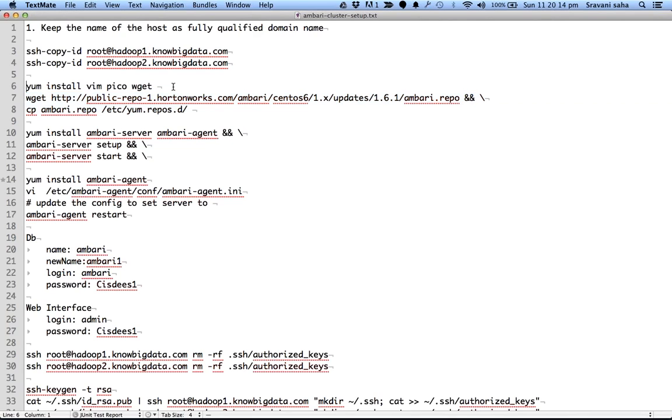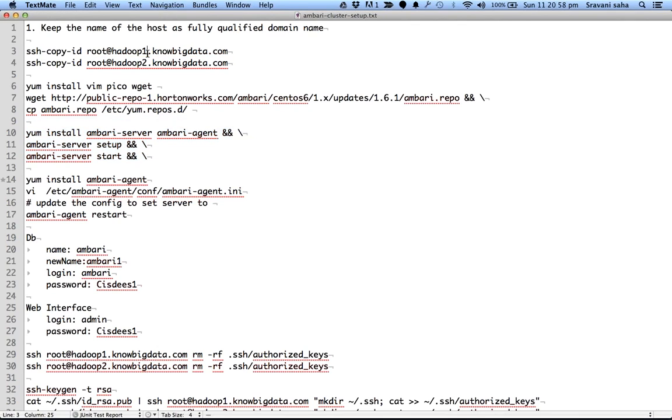Okay. So after that, I did these basic things which are required. Now on one of the nodes, all I did was install the Ambari server and Ambari agent using yum install. I installed them on, say, Hadoop 1 first. Next I ran ambari-server setup, which takes me through a wizard and sets up the Ambari server on Hadoop 1. Once that was done, I ran ambari-server start, and it started Ambari on Hadoop 1.